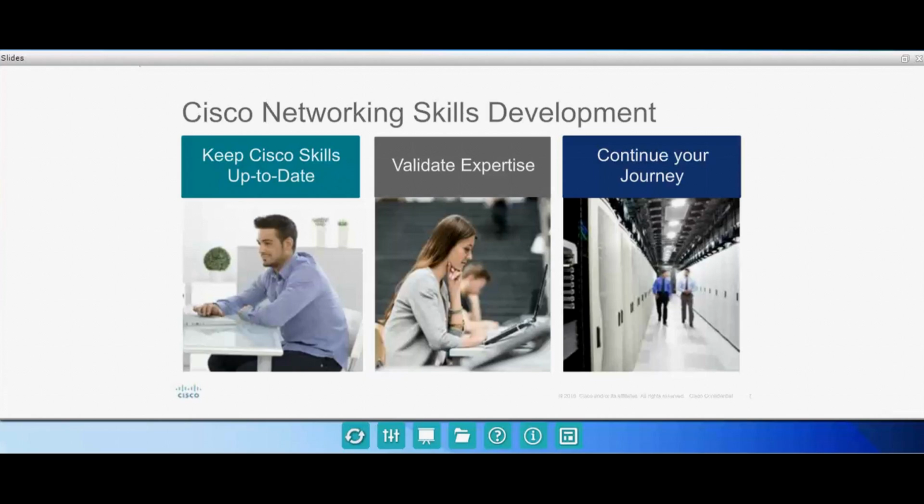So this is a simple chart, but I think the key points are obviously this is something you've been hearing for a while now. It continues to ring true that the pace of technology, network technology evolution really does require that you keep your skills current. There is no substitute for continuous learning, and one way to think about how to do that,